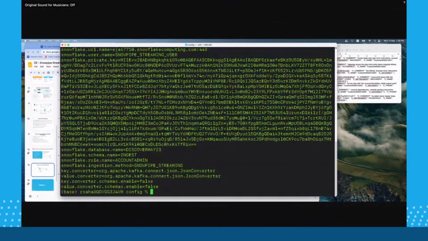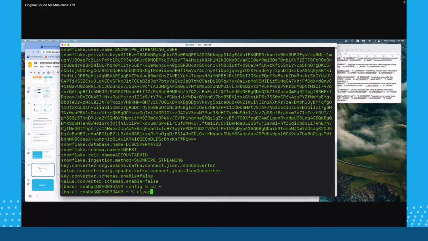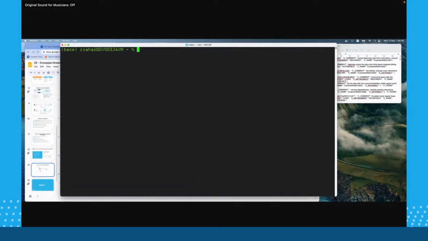So now, what are we going to do? We are going to start the Kafka server process, the zookeeper, and the rest of the things. Fair enough. So let's go back to our home directory and clear this up, right? And we are going to run each process in each window. The first thing that we are going to do is CD hands-on labs and Kafka, right? The first thing that we're going to do is start our Zookeeper process.